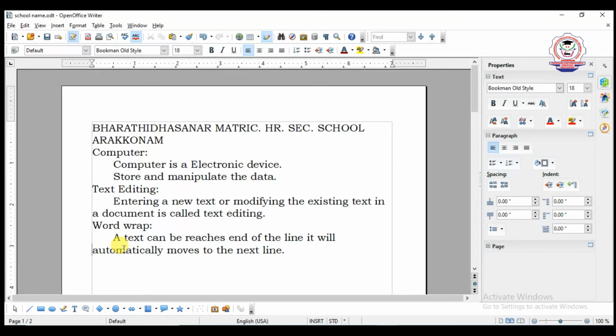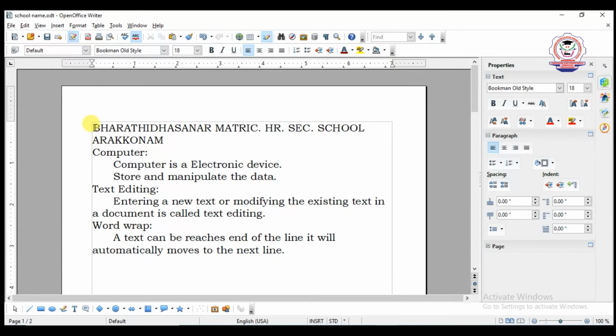Now we are going to see text editing. Editing means we want to change some text and then we want to change the format also. Here I want to select the content. How will you select the content? We can select the content in two ways: selecting the text using keyboard and selecting the text using mouse. First of all, we select the content using the mouse. Move the insertion point to the start of the text to be selected. Start means the beginning of the text. Here, before B, you can make a click.